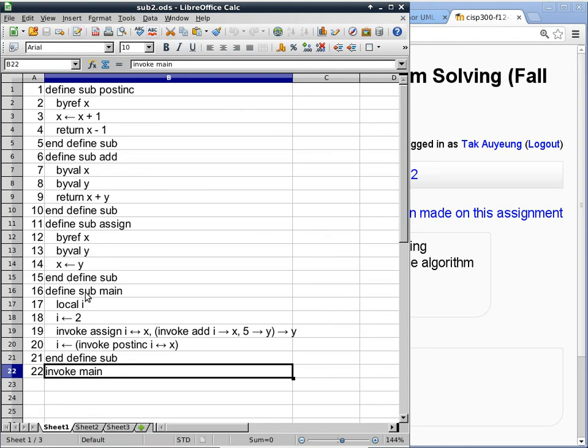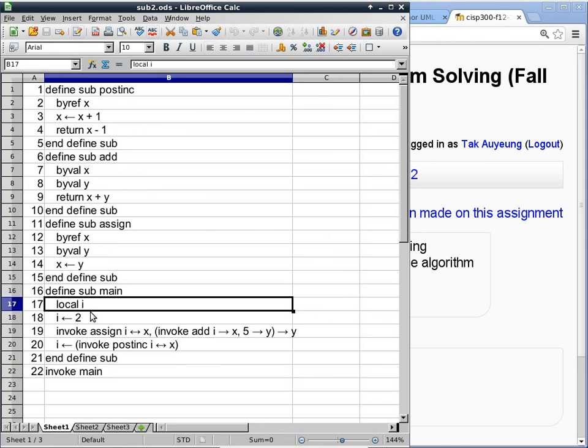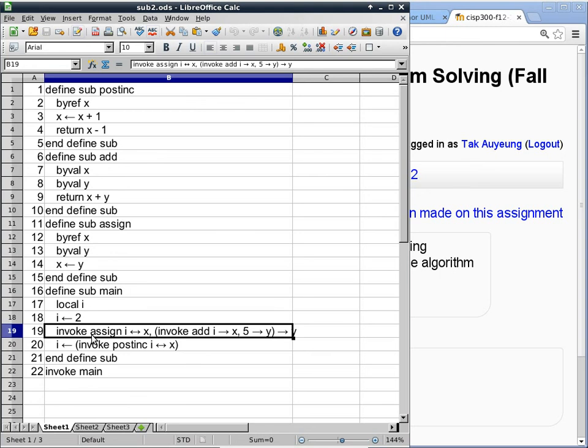Okay, so we go to main here. Main has a local variable I that gets a value of 2, and then this is our first invoke statement. It's invoking a subroutine assign. Assign does not return a value, so it's okay to use return line number when you invoke assign. But before you invoke assign, you have to invoke add first, so that you know what is the value of